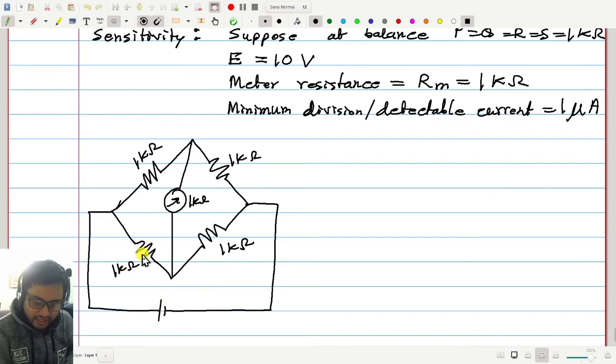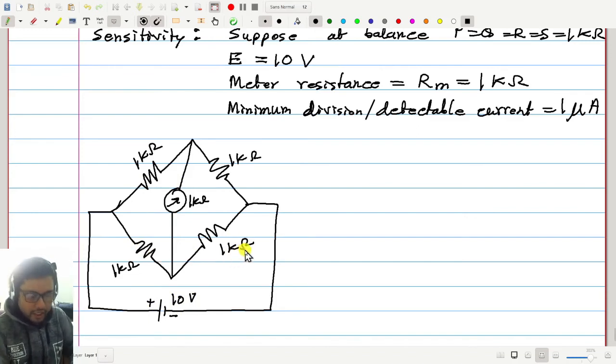And now this is 10 volt. Okay, achha. Then I have got a balance like this, but I want to check, is this balance a very